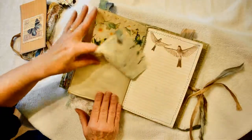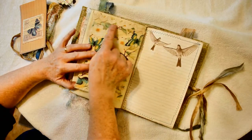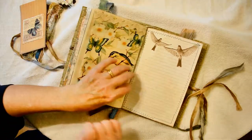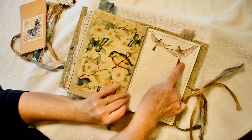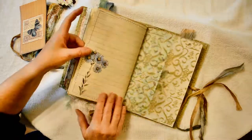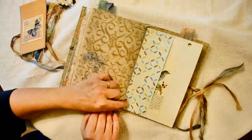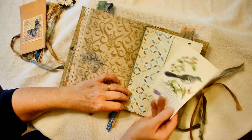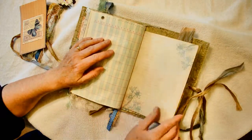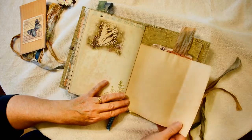More coffee dyed paper, and this is a fabric flip up with some pretty vintage rickrack. This fabric came from Joann's. Some of my photos, machine stitched in blue thread to match the blue in the fabric. Some more vellum, pocket, a page from a book about birds, more stamping, one of my photos, stamping, coffee dyed paper,